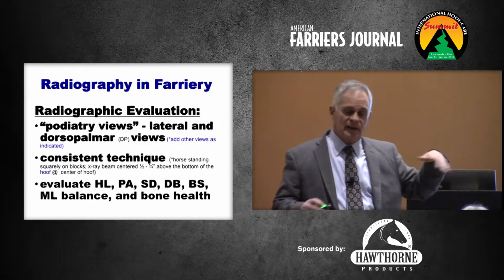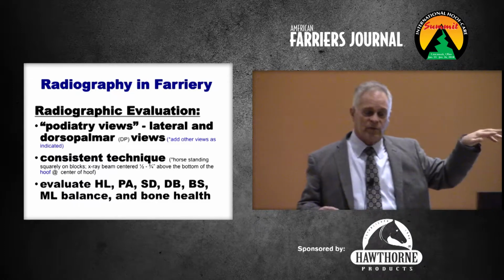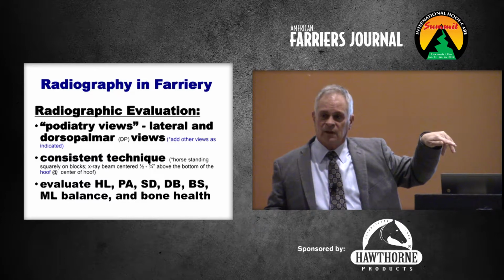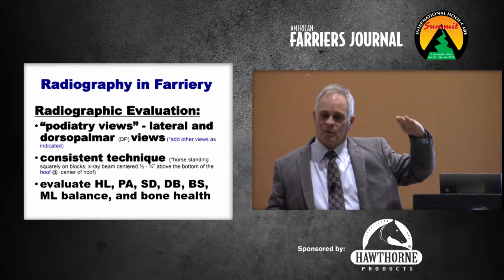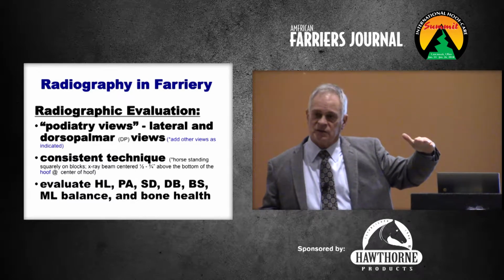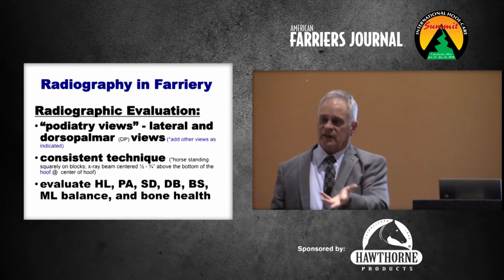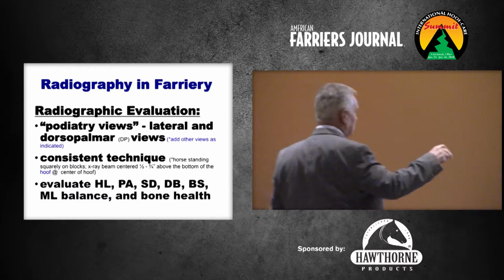Where I'm going at it is the traditional vet lateral view of the foot. Do you know what that is? They're not really worried about those things. They're worried more about the navicular bone and the coffin joint. So it's centered higher, which distorts the views that are going to help you the most. So the podiatry views,